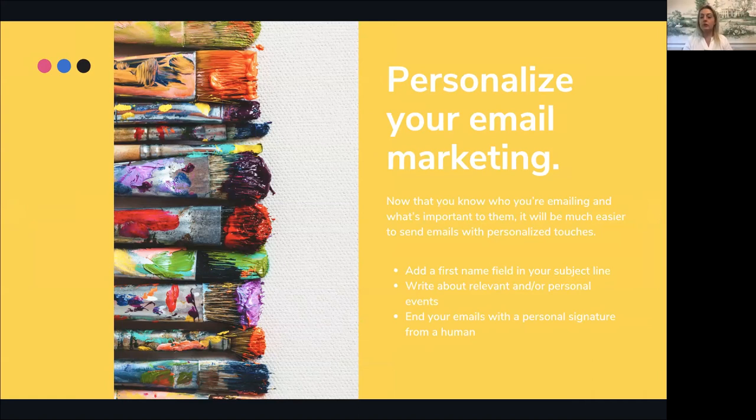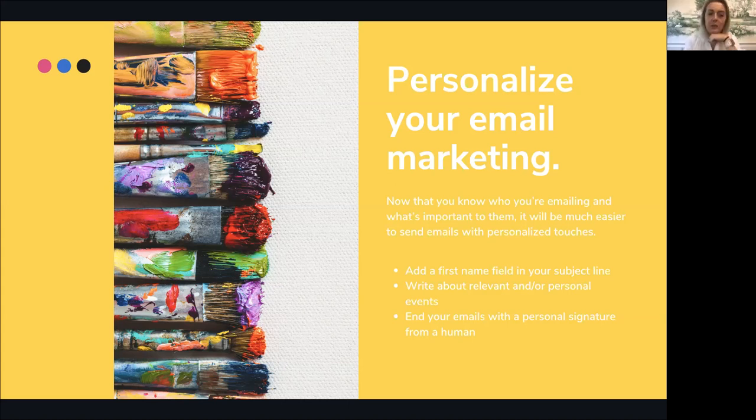Other ways to do it, you can add a first name in your subject field. When people sign up for your emails, they will usually ask for your first name, your last name, and your email address. And then that all gets put into one contact in your email marketing software. Your email marketing software can then pull that first name, and for each email, it will change it. It will say, hi, Jillian. Hi, Jen. Hi, all the different people that you're sending it to. It will pull their first name and personalize each email, which is really nice, right?